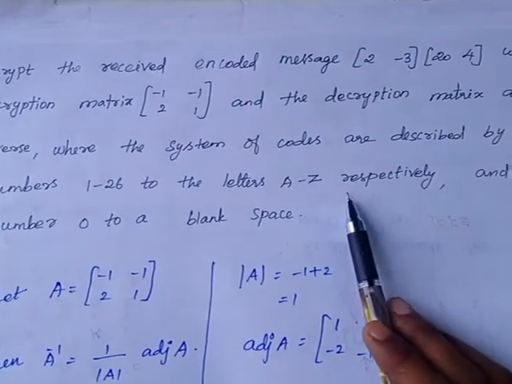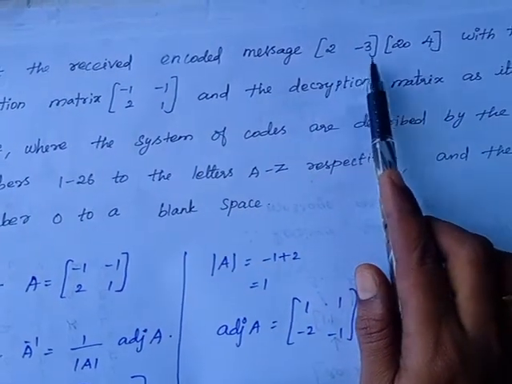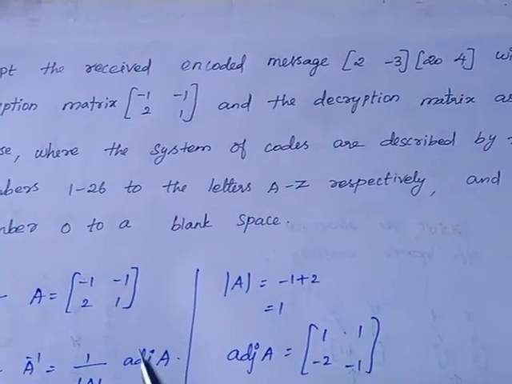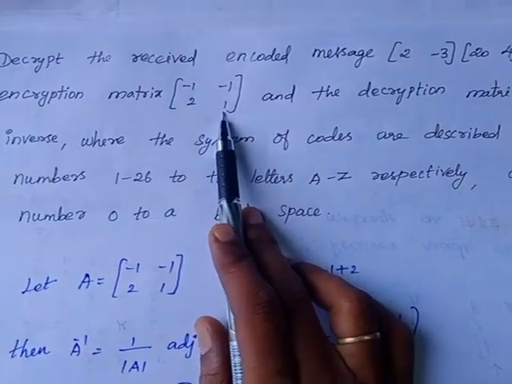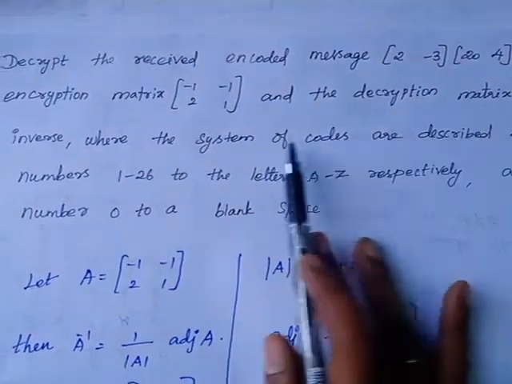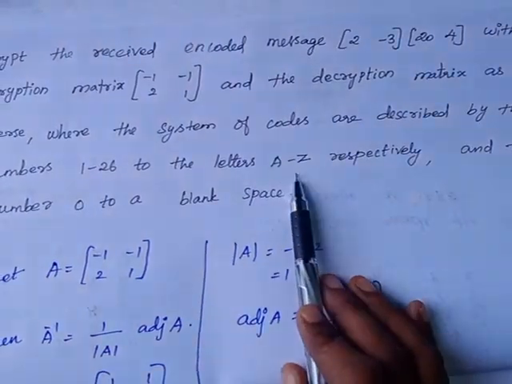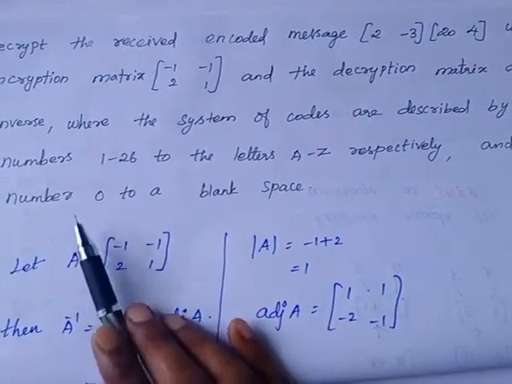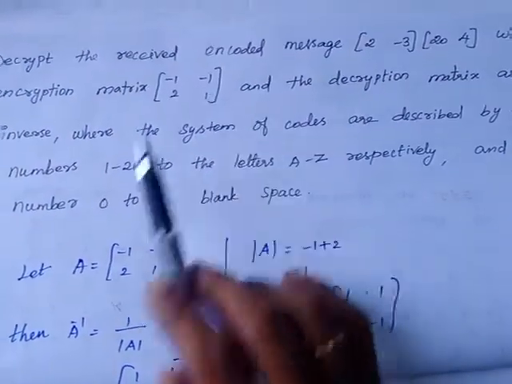ஸோ இப்போ இந்த ப்ராப்ளமில் என்ன கொடுத்துட்டாங்க அப்படின்னா, ரிசீவருக்கு கிடைக்கக்கூடிய மெசேஜ் 2 - 3 24 இருக்குது. ஸோ இதை அந்த ரிசீவர் ஒரிஜினல் மெசேஜாக கன்வெர்ட் பண்ணணும். இதுக்கு அந்த என்கிரிப்ஷன் மேட்ரிக்ஸ் இதுதான் அப்படின்னு கொடுத்துட்டாங்க. அப்போ அவர் அந்த டிக்ரிப்ஷன் மேட்ரிக்ஸ் எப்படி யூஸ் பண்ணணும் அப்படின்னா இந்த மேட்ரிக்ஸோட இன்வெர்ஸை யூஸ் பண்ணிக்கணும்னு கொடுத்துருக்குறாங்க. அண்ட் A to Z லெட்டர்ஸ்க்கு 1 to 26 வரைக்கும் நம்பர்ஸ் கொடுக்க போகிறோம். அண்ட் 0ங்கிறது blank ஸ்பேஸாக இருக்குது. ஸோ அந்த கீ இதுதான் அப்படின்னு சொல்லி கொடுத்துருக்குறாங்க.